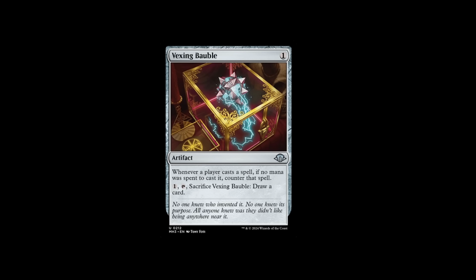But what does this card actually do? Well, whenever a player casts a spell, if no mana was spent to cast it, counter that spell. That is one hell of a line of text for Legacy. That's Mox Opals, that's Mox Diamonds, that's Lotus Petals, that's pitch-cast Griefs and Furies and Endurances, it's Force of Wills, it's Dazes. It hits so many things in the format